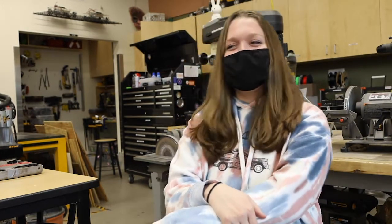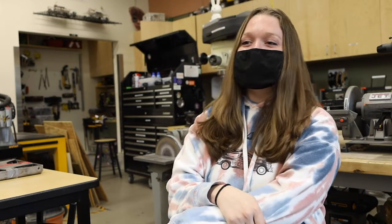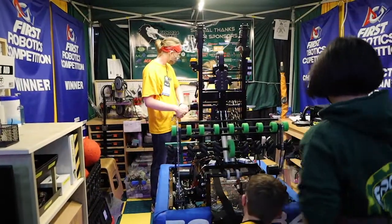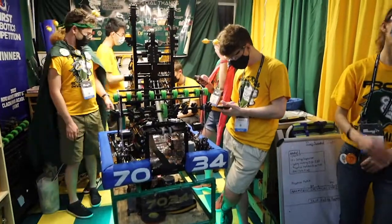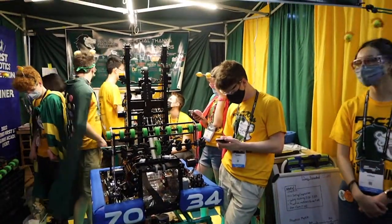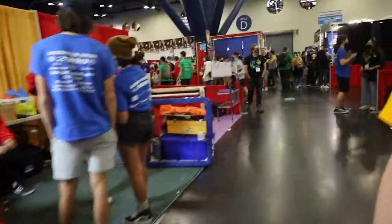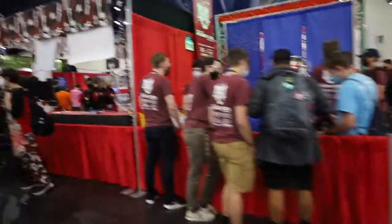The pits are just a crazy experience, let's be honest. The pits are where we take the robot during competitions to make any repairs that we need in between matches. We have a great pit crew that just stays in the pits most times. They also do judging in the pits, where judges come around and ask questions about the robot, the team, and also team outreach, which is really important because